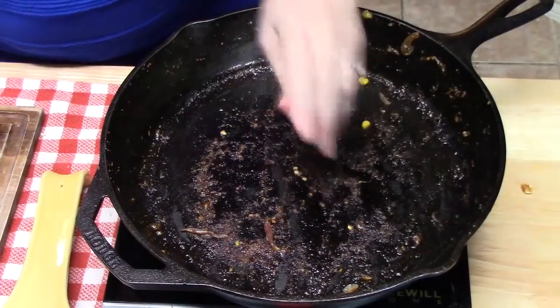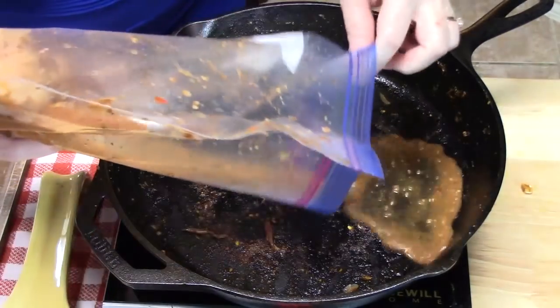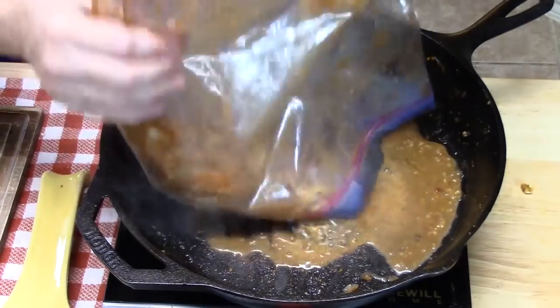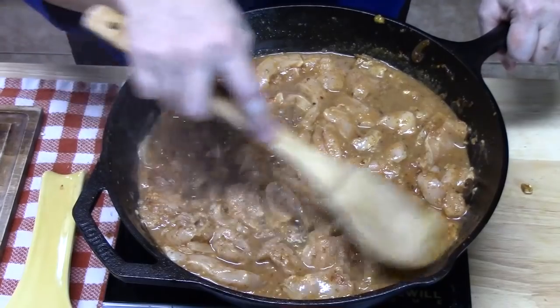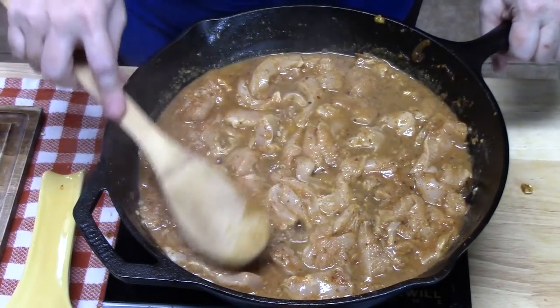Okay, in the same skillet, what I'm going to do is add my chicken and marinade, the whole package. We're going to have this on a medium-high heat. Just putting this in one layer here. I'm going to let it sit for about 4 to 5 minutes, and then I'm just going to kind of